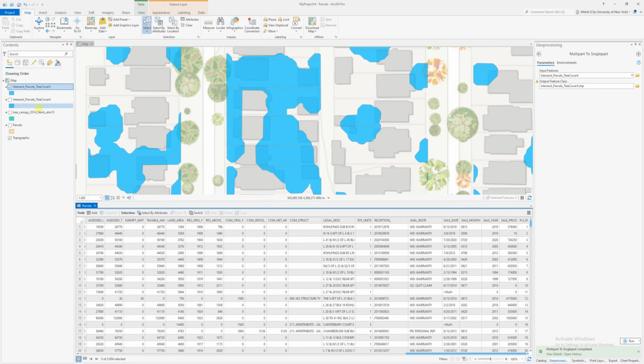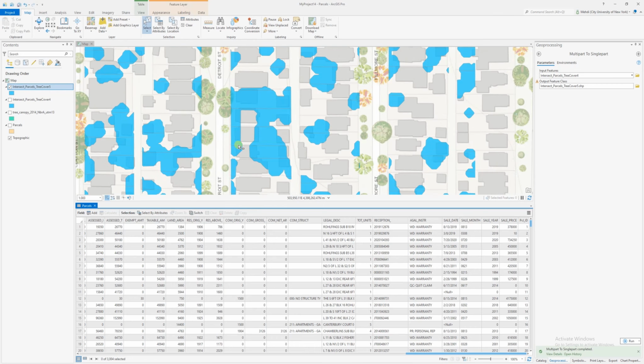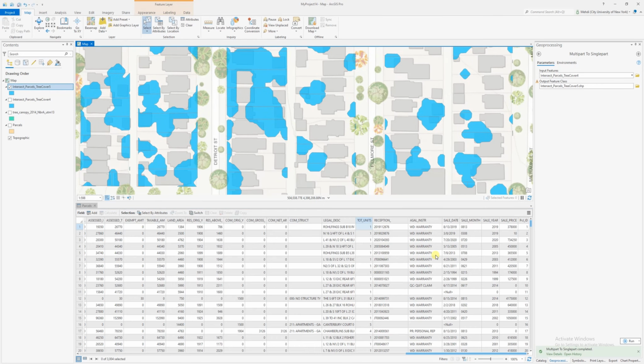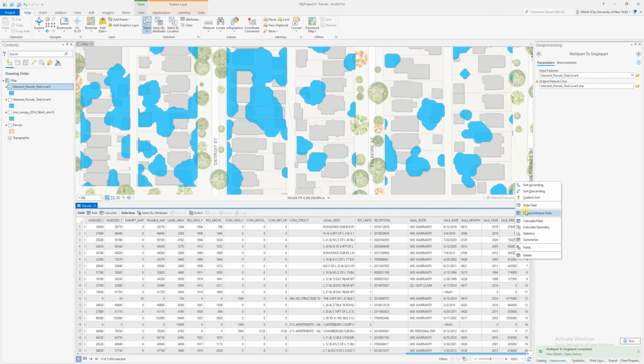Hey, I am going to talk about how we can calculate the total tree canopy for one parcel. Here I'm going to, in this parcel ID,